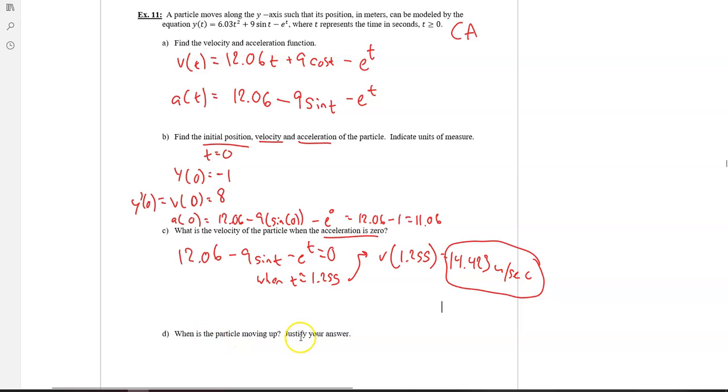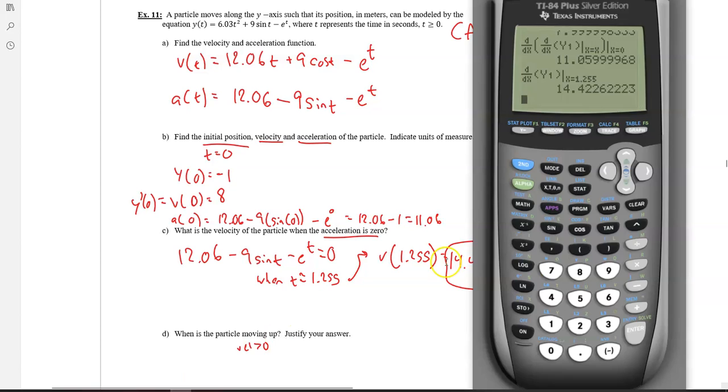When is the particle moving up? Justify your answer. So again, moving up, that's a direction, right? And so we use the velocity to determine the direction there. Okay, so that's velocity greater than 0. So again, we can look at the graph of the velocity,